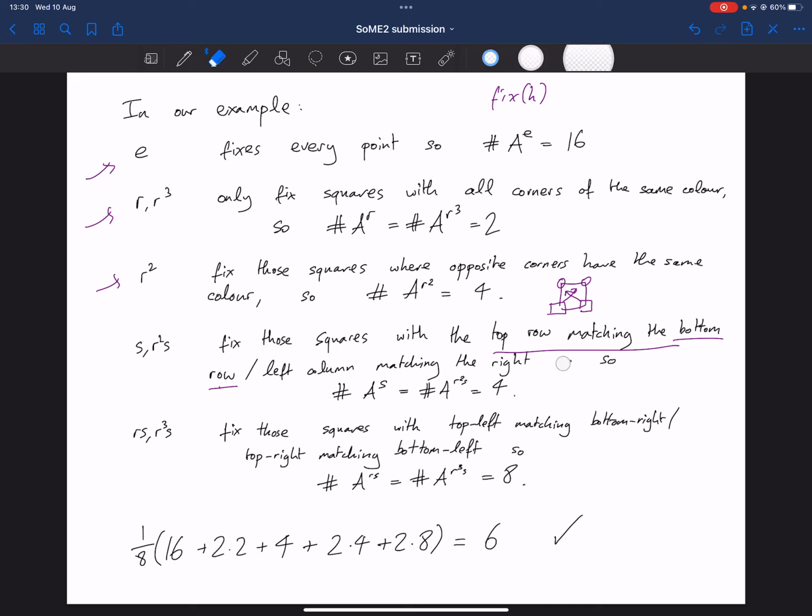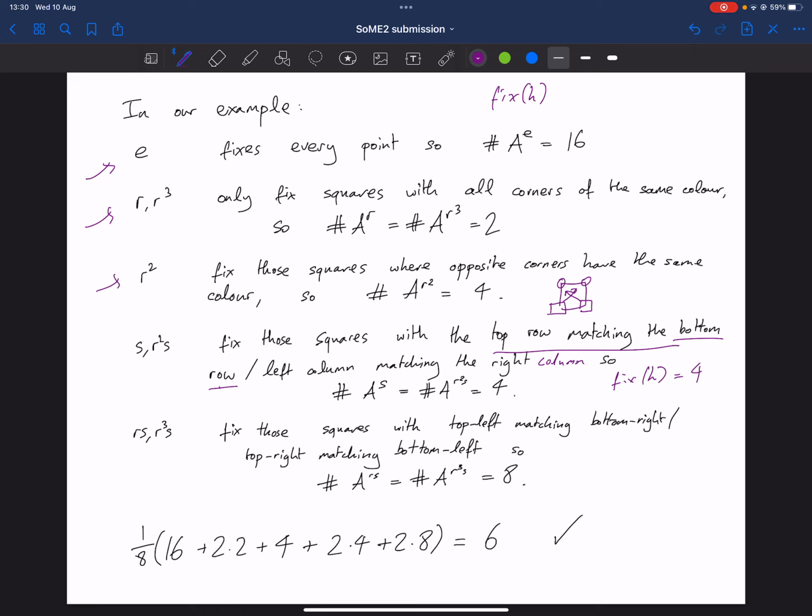Let's just fix that, just in case the writing wasn't clear there. In either case, fix of H was equal to 4, and then finally